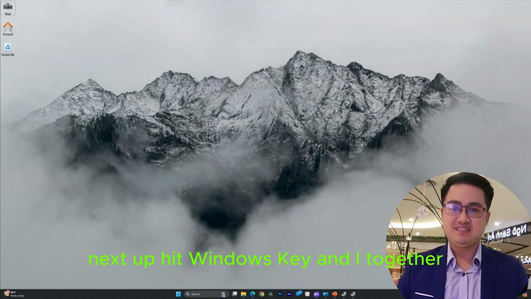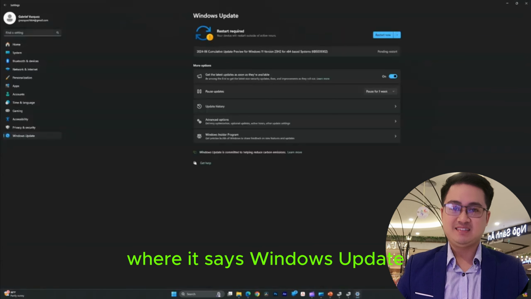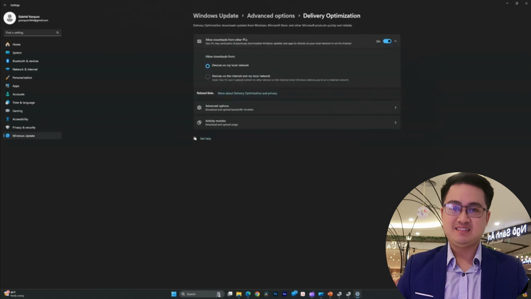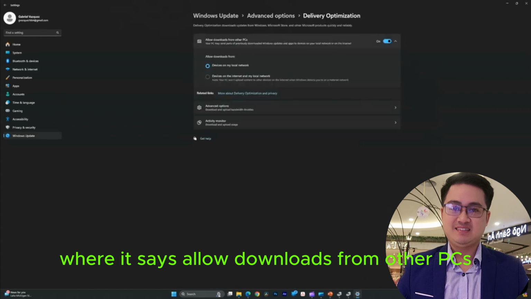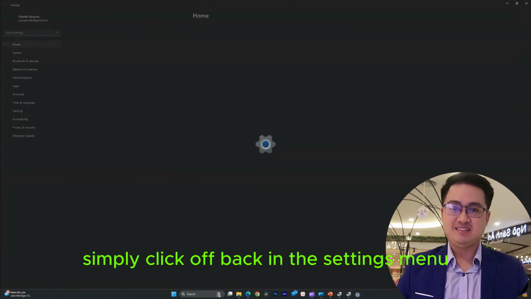Next up, hit Windows key and I together. We'll click down to the bottom, where it says Windows Update. Click into Advanced Options. Click under Delivery Optimization, where it says Allow downloads from other PCs, and simply click that off. Back in the Settings menu,